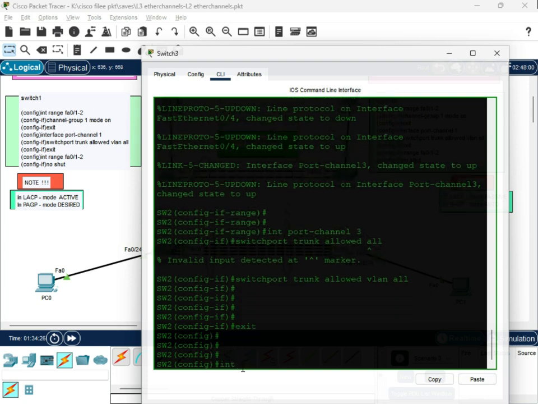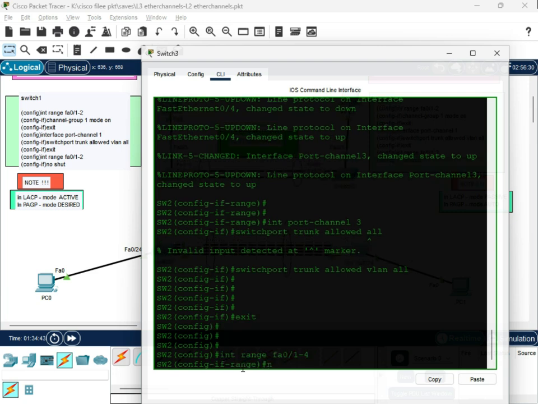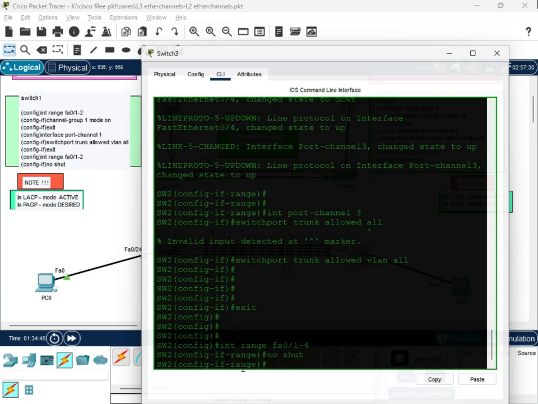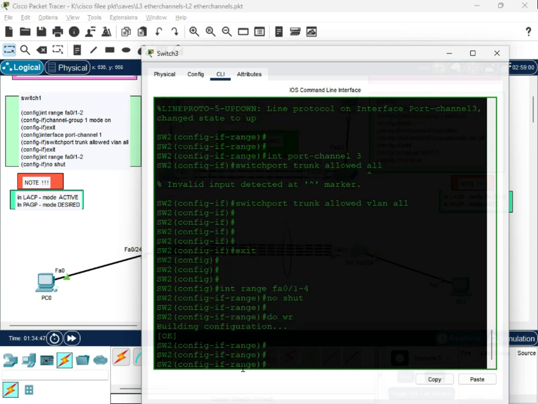Exit, and then we type in the command again, interface range. Even though I know that the interfaces are up, I can still say 0 up to 1, up to 4, no shutdown, to be sure. Okay,